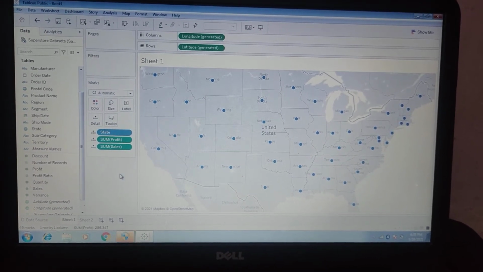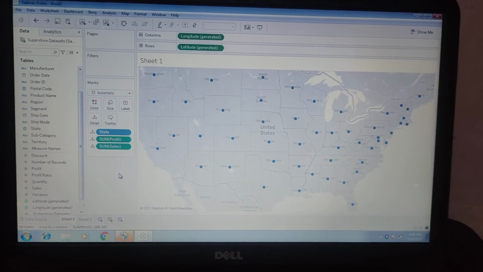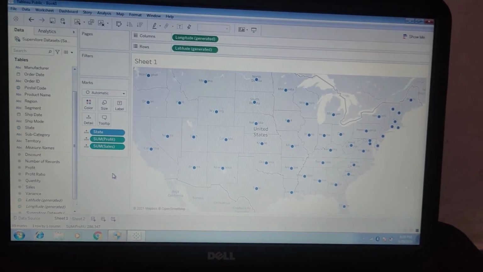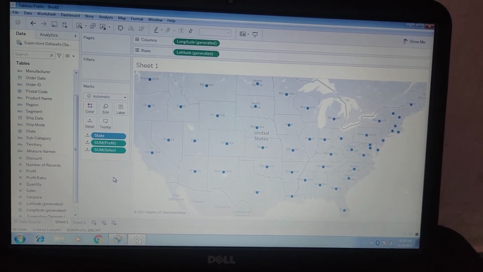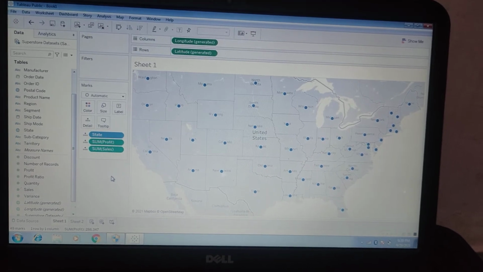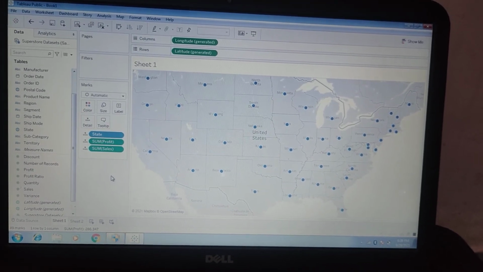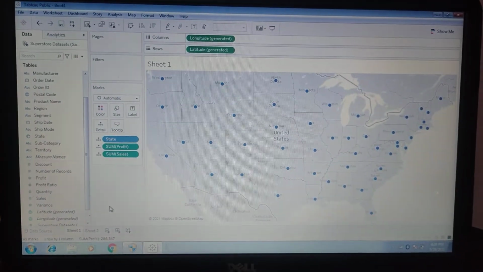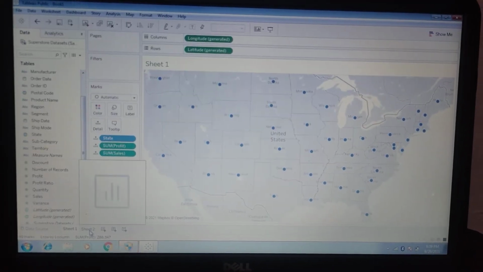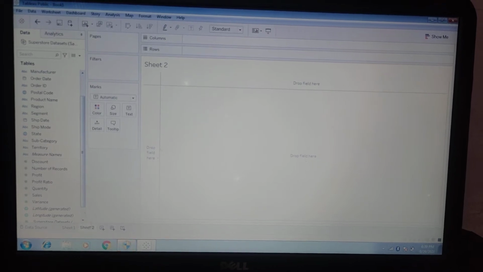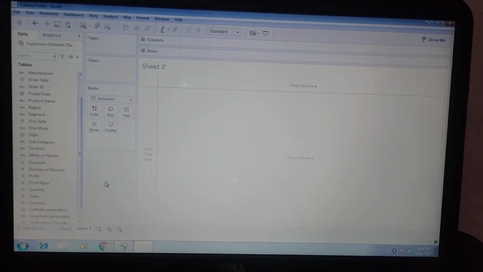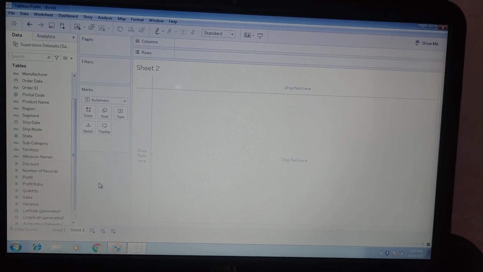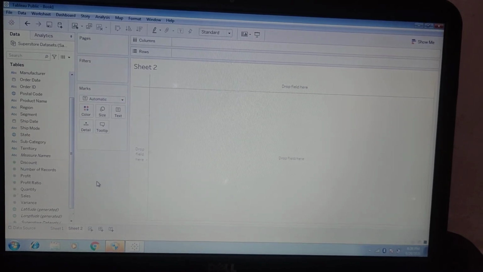All right, so this is the view in the map where we can show profit and sales for each state. And now I'm going to show you how to include a bar chart in the tooltip for profit and sales of each category for each state. For that you need to create another sheet, so just click on the next sheet. There you need to create a bar chart.